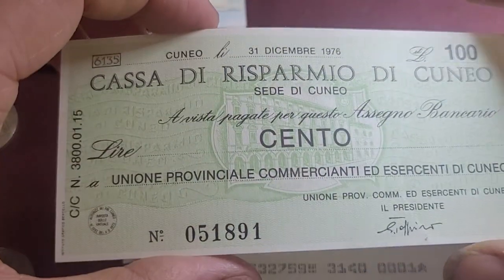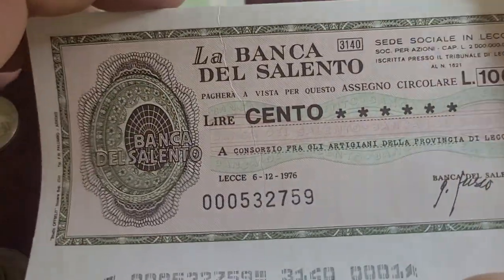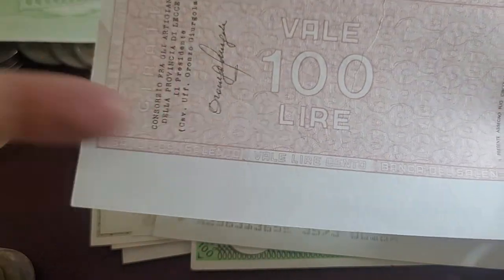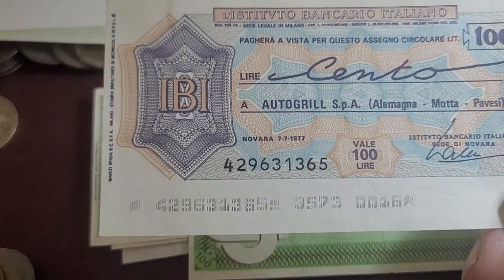Okay, Cuneo. And you can actually get these for about $1 each. Salento. Obviously issued by the same company. Not on the back, they usually have a signature on the side. So yeah, when they're like that, you expect it. And this one,